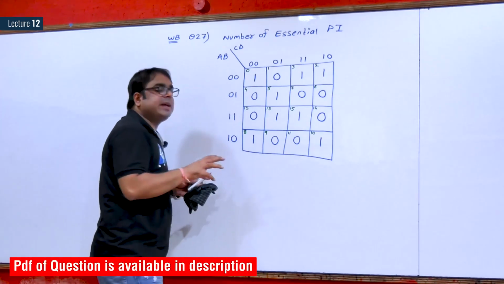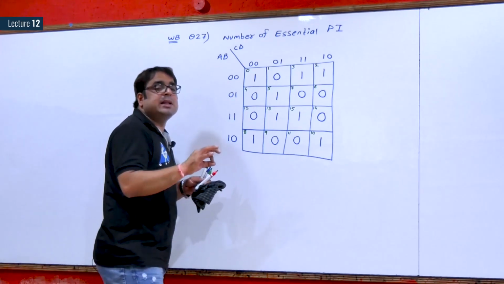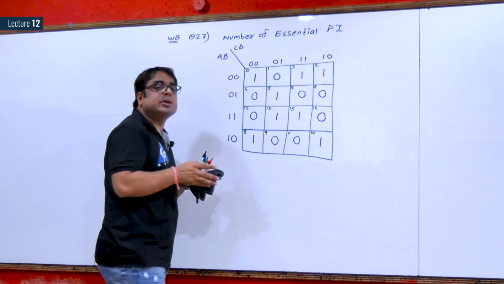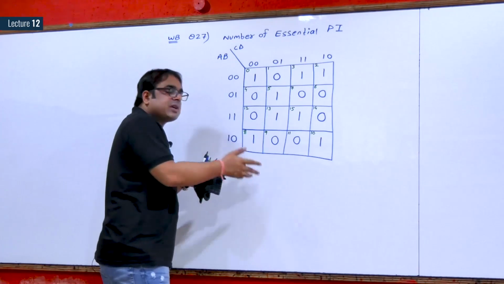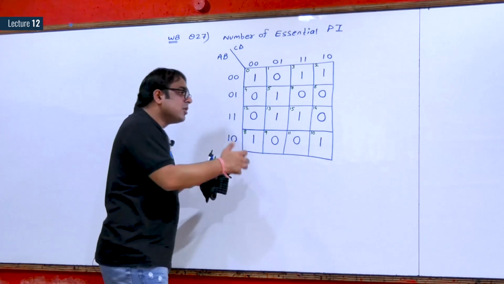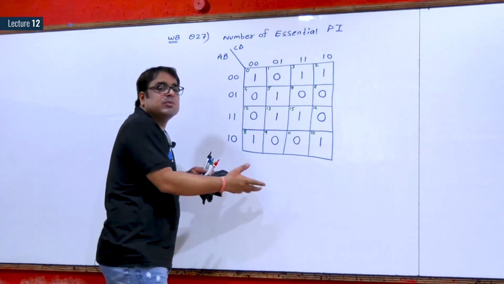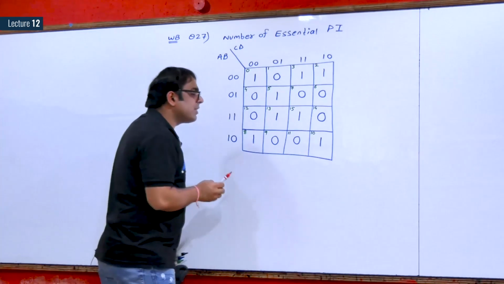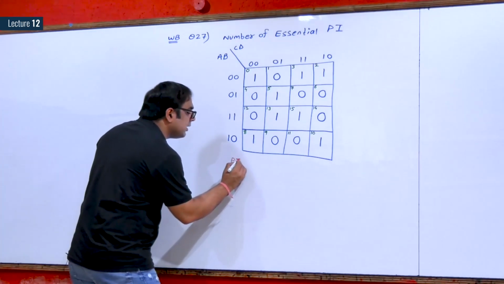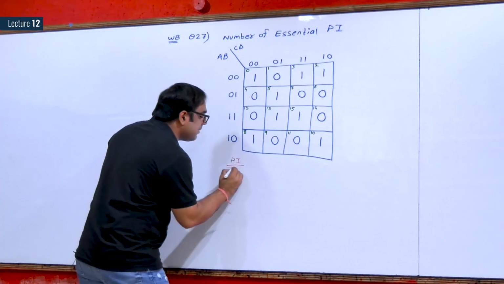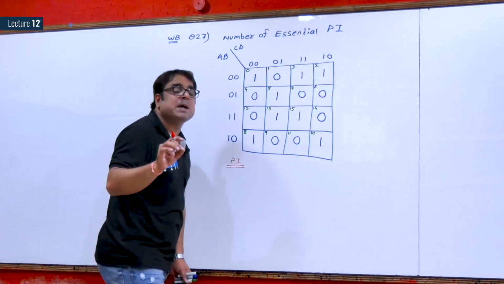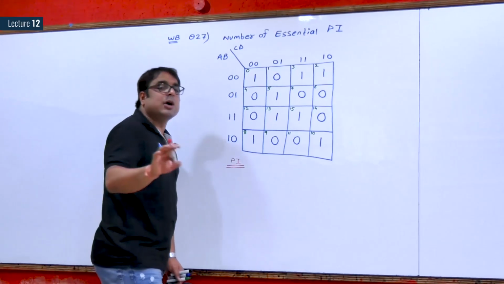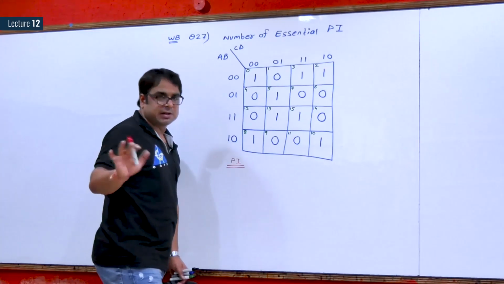Now let us first find out the list of prime implicants. A few things are not required to solve this question, but this is the first question and we are building the concept, so I will have much more discussion which may not be compulsory for solving in the examination. First of all I will list down all the prime implicants. Prime implicant simply means best possible group. A pair is best if it is not a part of a quad. A quad is best if it is not a part of an octet, simply.